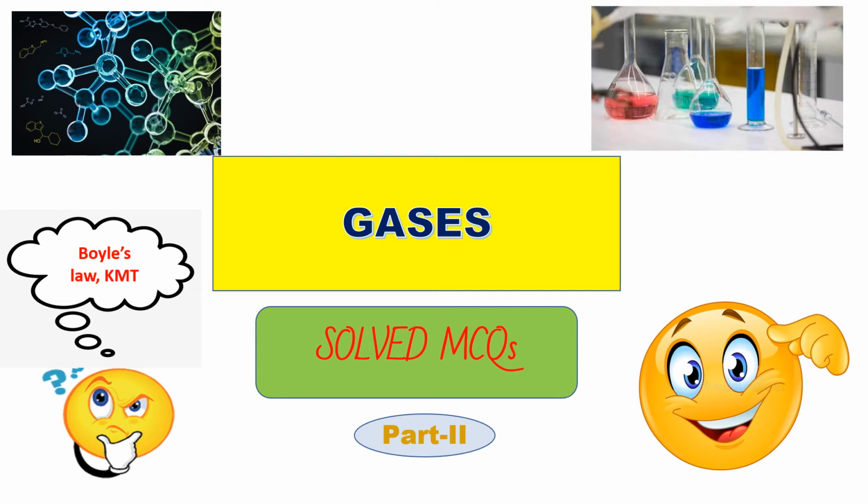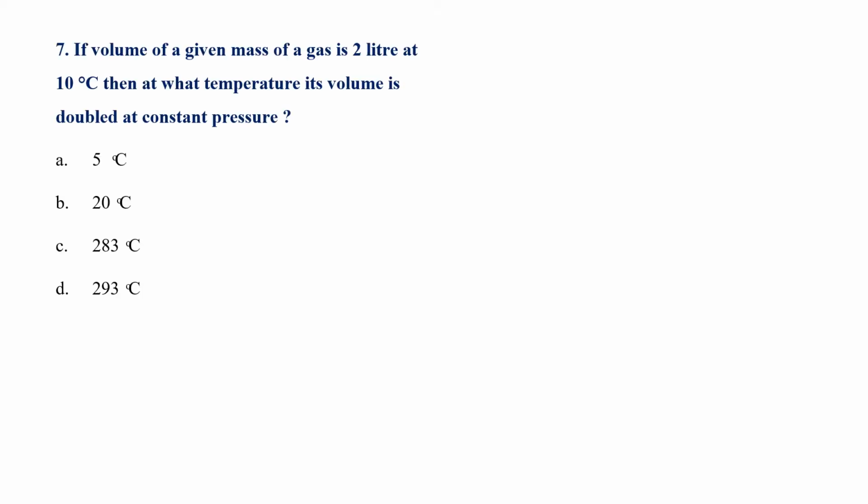We will further continue the solved MCQs related to the gases. If volume of a given mass of a gas is 2 liter at 10 degrees C, then at what temperature is its volume double at constant pressure? The options are given, so we will solve it